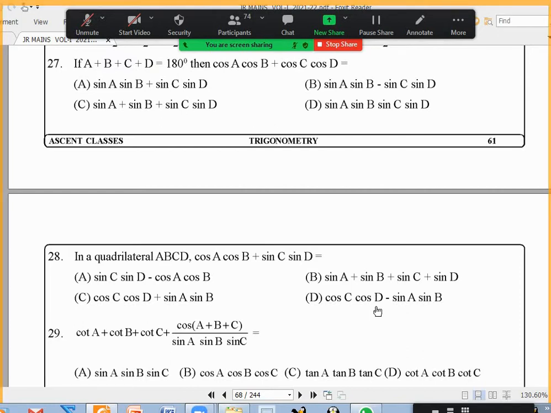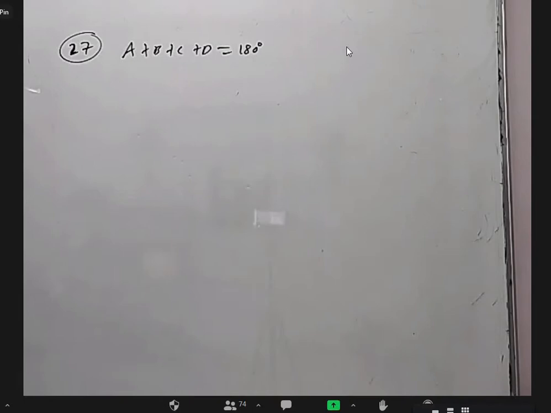Okay, in 27, even though we know compound angles and all, looking at the question and options, you should get an idea of what to do. Anybody want to give an idea for 27? Sir, A plus B equals 180 minus C minus D. Yes, correct. You should apply cos to both sides, because the question is in terms of cos and the answer is mostly in terms of sine. Send C plus D to the other side and apply cos.